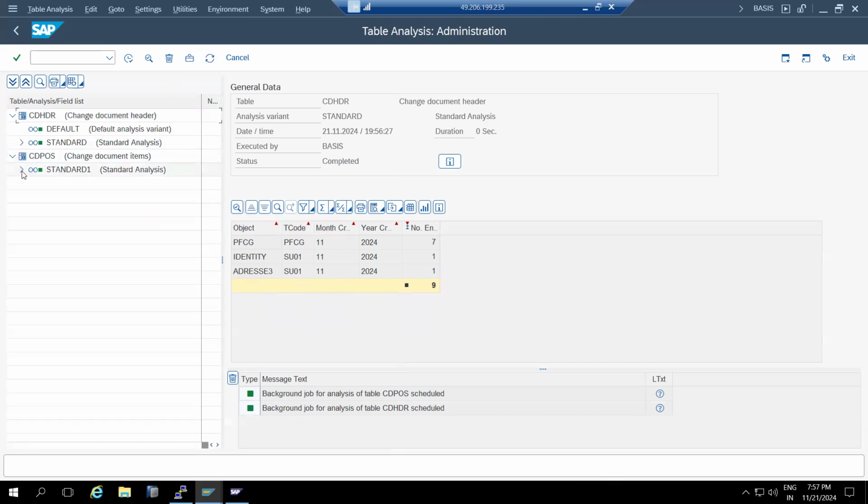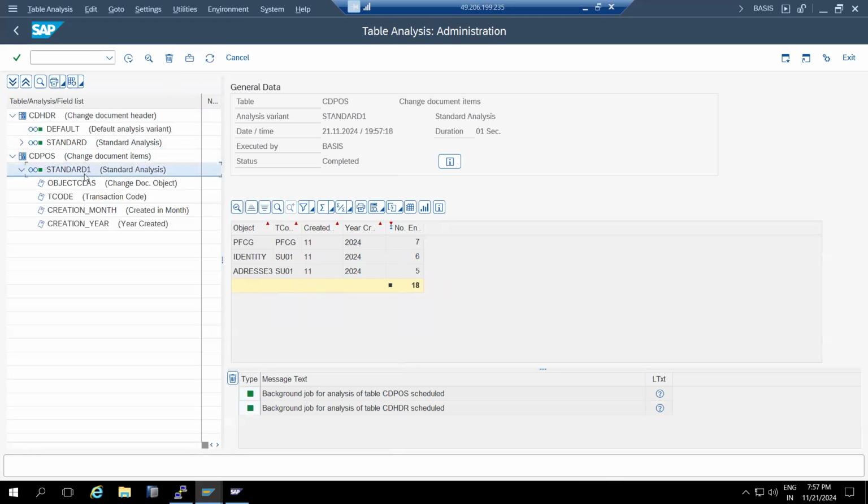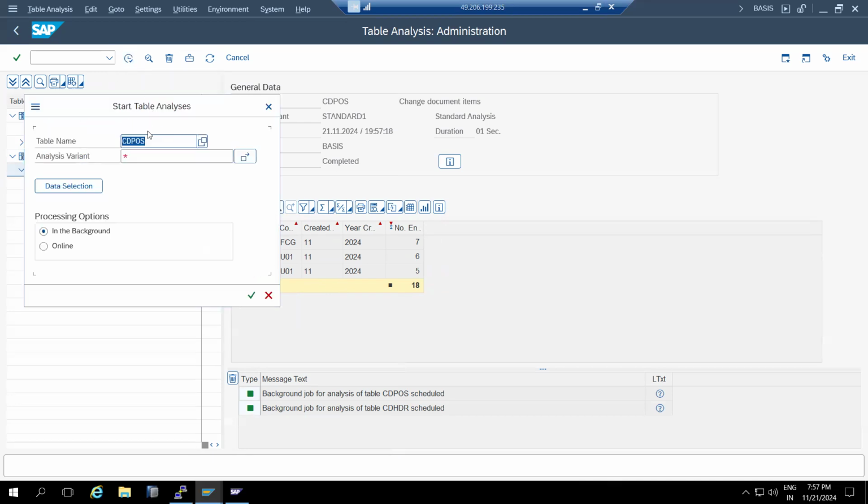It will do the analysis, CD POS. This also has 7 records here. Like that, these are the small tables. If you go to the